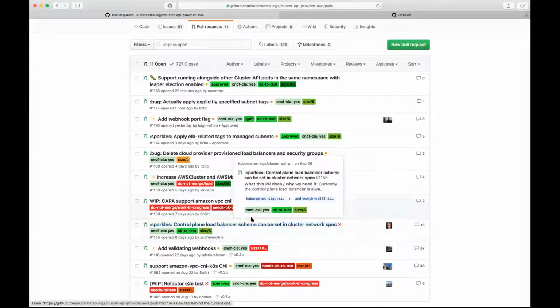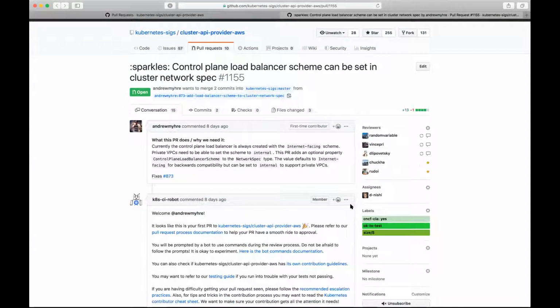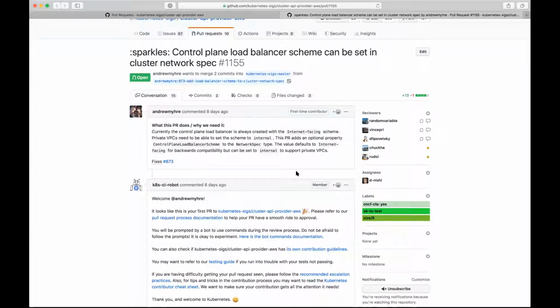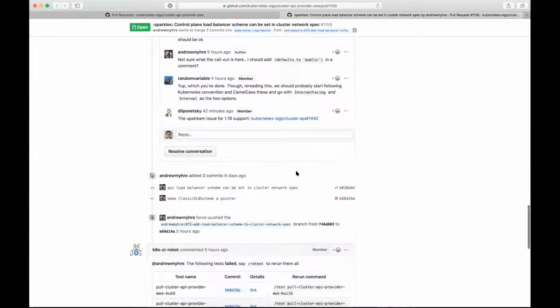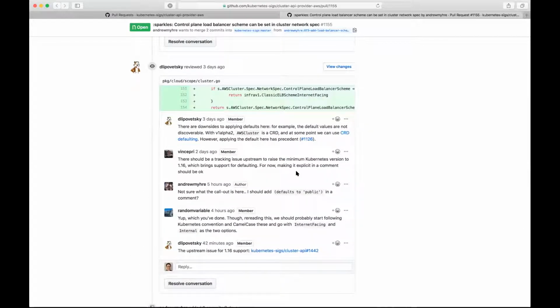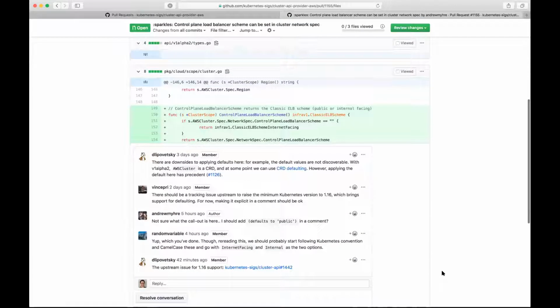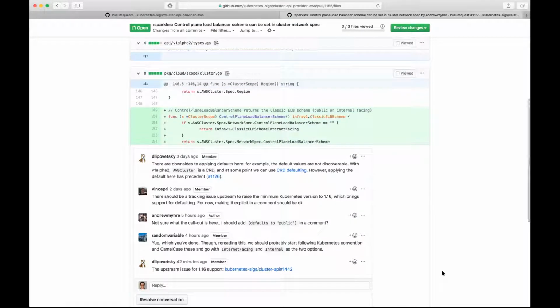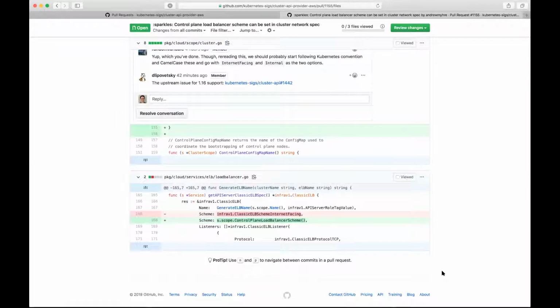Okay, I know there was some activity on this one over the weekend or today, wanting to be able to do internal and not internet-facing control plane load balancers. I think this one probably, I know Nadir, you had some comments in here as well as Vince. Do y'all think this one is close to ready to go? Should it go in for 04, or should it wait until the next release?